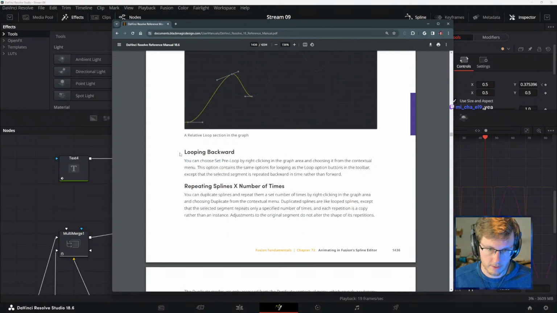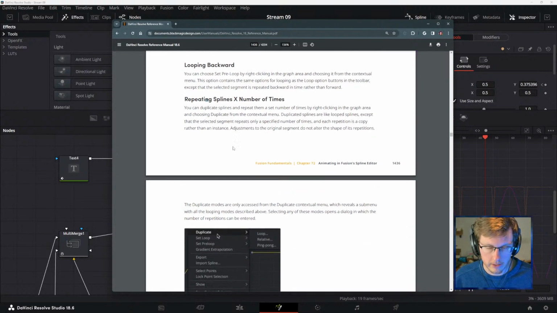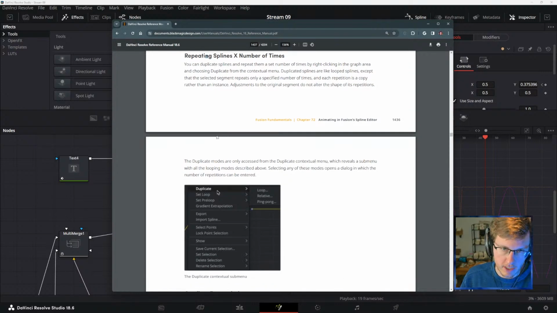or whatever. Looping backward, you can choose set pre-loop by right-clicking in the graph area and choosing it from the context menu. The option contains the same options for looping as the loop options button in the toolbar, except that the selected segment is repeated backwards in time rather than forward. Okay, and then repeating splines X number of times. You can duplicate the number